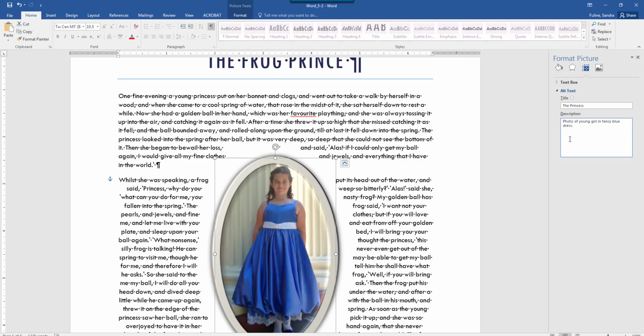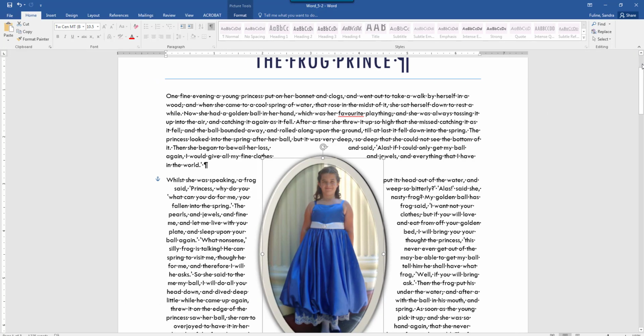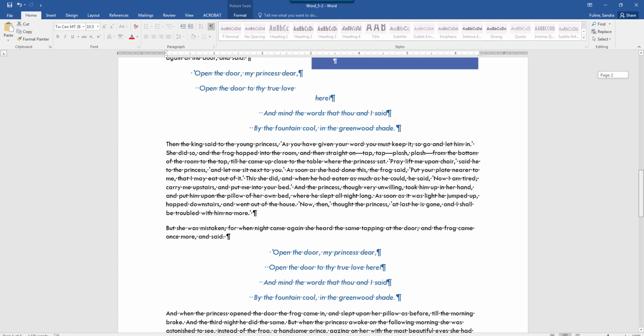I'm not that specific. I'm going to leave a period in because it looks like the period is underlined in the directions as a part of the information that should be put in. Then it wants you to set the position of the text box to the top right with square text wrapping. So I'm going to close out of this and then scroll down to the next page